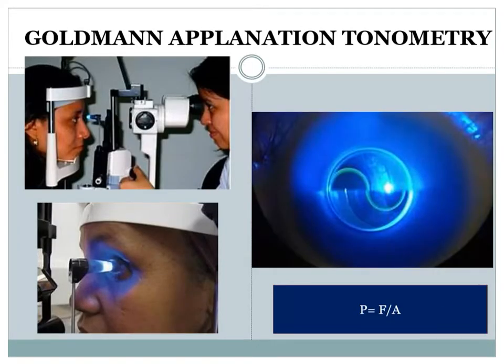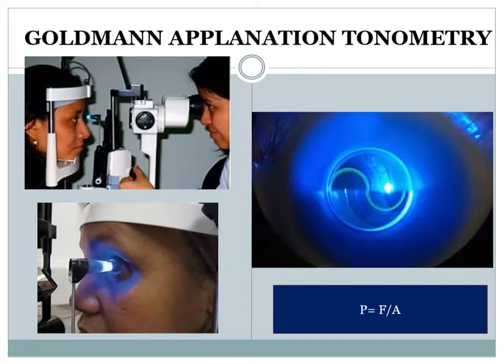Okay, intraocular pressure can be measured by two different kinds of tonometers. One is applanation and one is indentation tonometer. Nowadays, indentation tonometer is outdated and is used only in camps because it is a small and handy instrument. You can take it along when you go for screening camps. So only for screening in the camps it is used. Otherwise, basically everybody is now using applanation tonometer only.